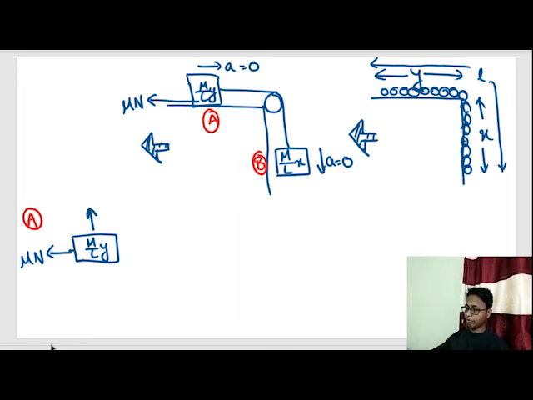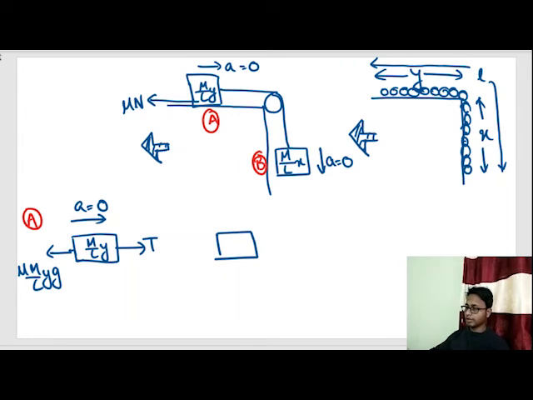Here, the normal reaction force is acting on the table. Here the weight of this block is m by L into y, the mass into gravitational acceleration. So can I substitute this N here? The value of μ N becomes μ into m by L y g. And on the right hand side we have a tension force. Acceleration is equal to 0 because the body is just starting to slip.